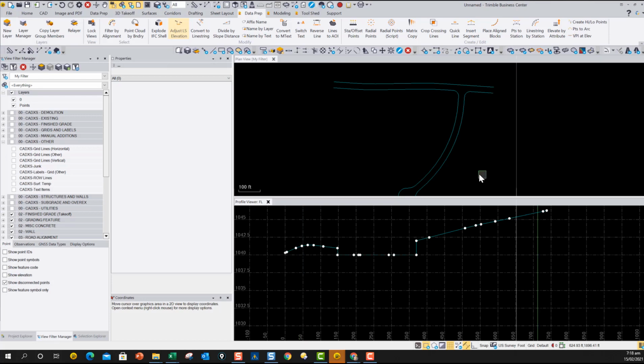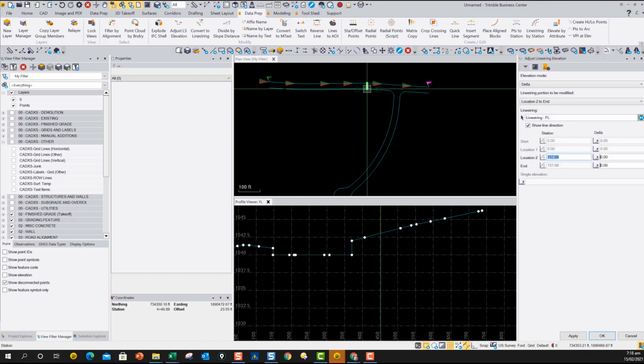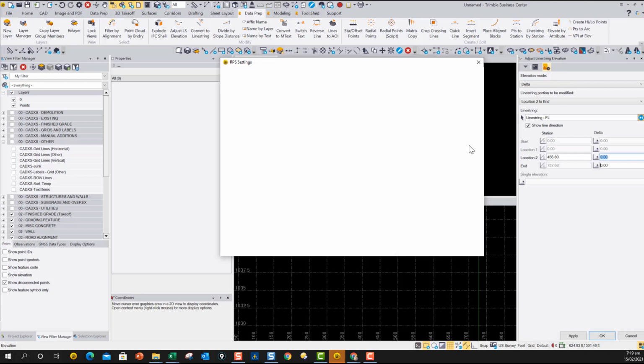The only other changes we made to it were the ability to use the RPS settings function, which you'll now find in numerous dialogues. For example, when we put in things like show the line direction, like this checkbox right here, instead of putting all the show line direction controls in here, we put them in RPS settings. And the same thing applies when I go to that delta command and I say use from location 2 to N, for example, and I pick this line string. And when I do the location 1 to end, we highlight this line in that color. That's a highlight line color, and those are again in RPS settings. So when I run RPS settings here,